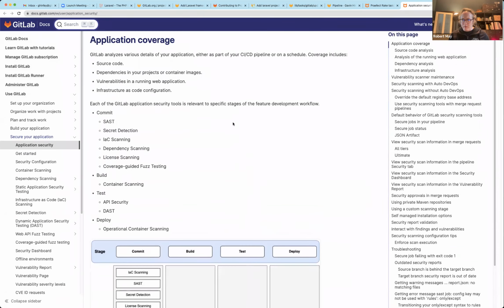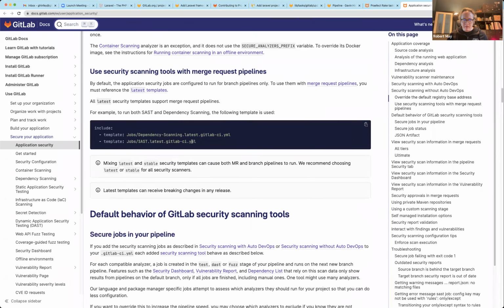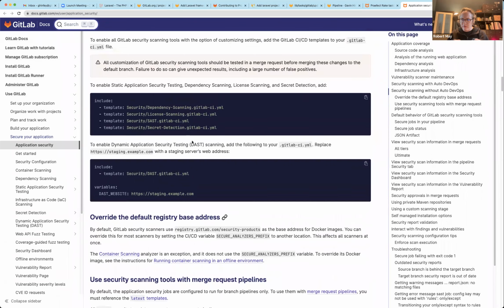Those files are stored in the repository as these YAML file jobs. So these are stored somewhere in the GitLab repository, or in the main application,